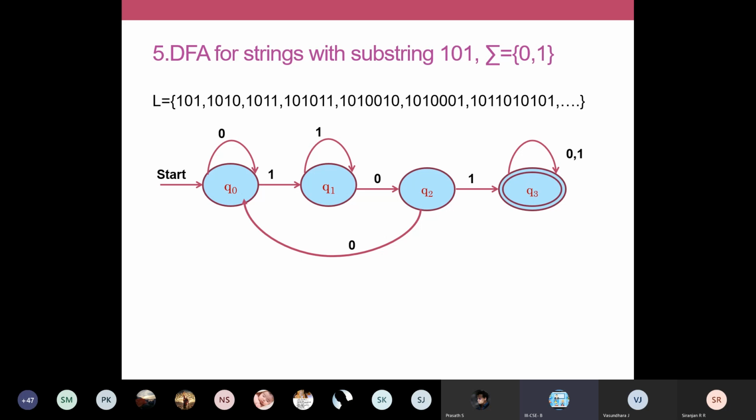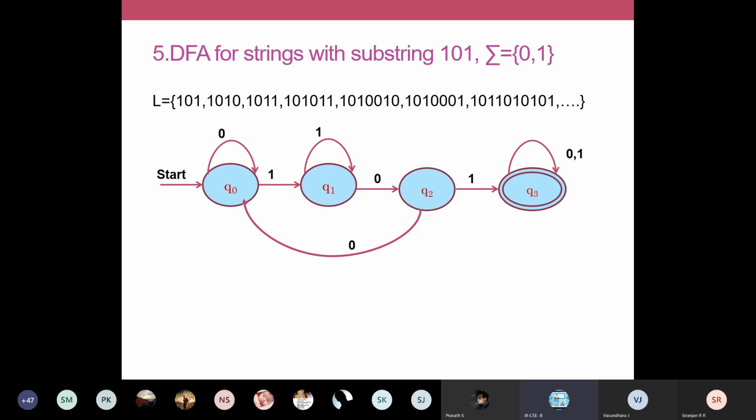You have to think. So your substring is 101. So the next states I'm going to read a 0 1. If I read a 1, I have to wait in the same state. Then you can go to your accepting state. Since if you are waiting in the same state, it means that here also you are reading a 1, 0, 1. There is a possibility to reach your accepting state.